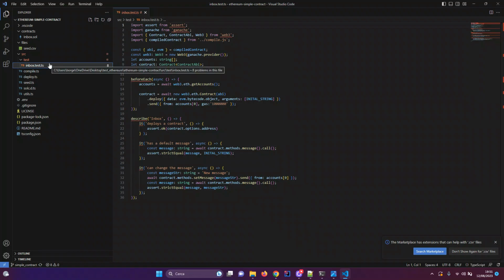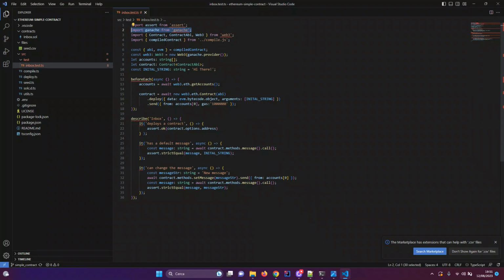It makes use of Ganache, which is a library which creates an in-browser network, which is used to test our contract locally. And this is obviously different from the Sepolia network where we will deploy our contract.